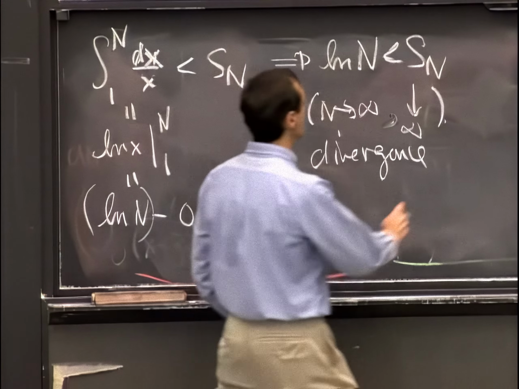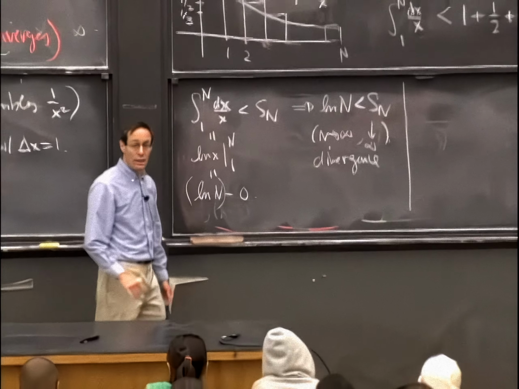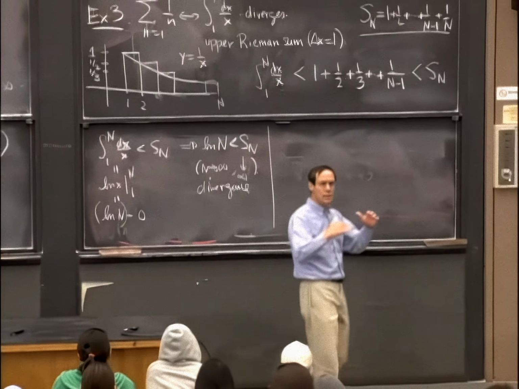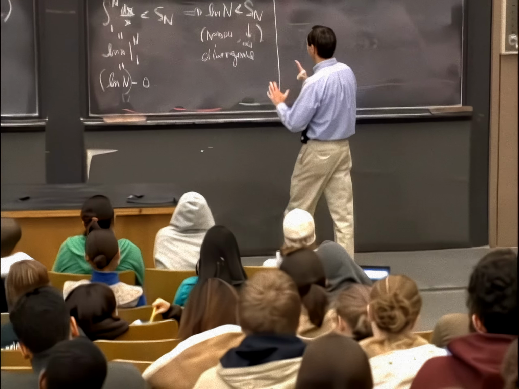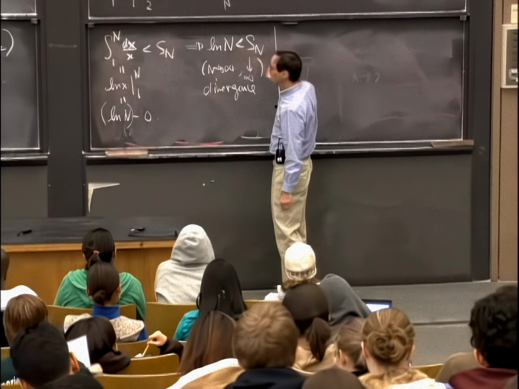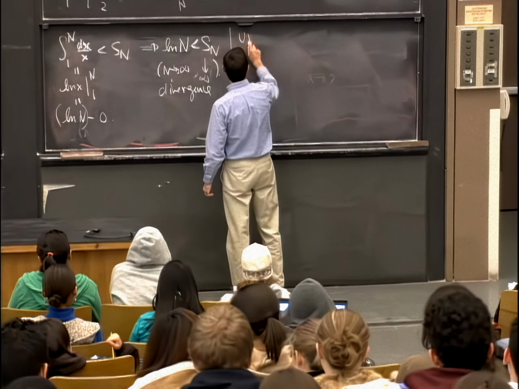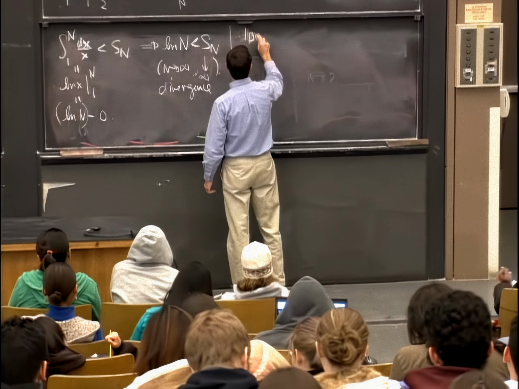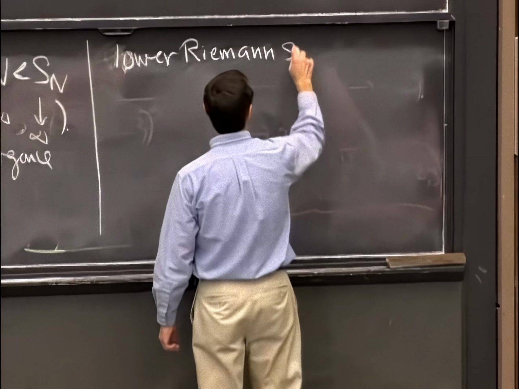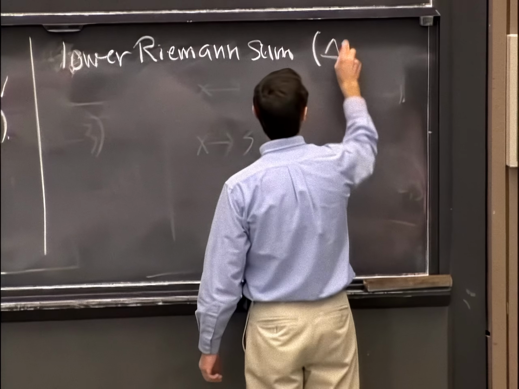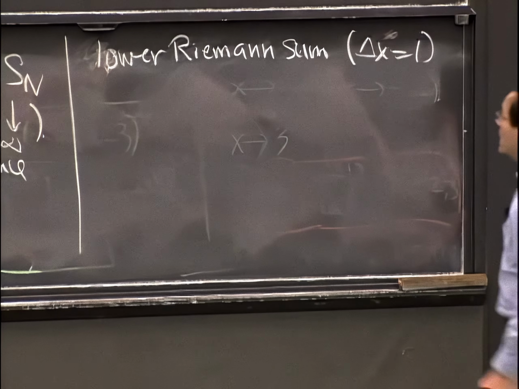Now, the way I'm going to use the lower Riemann sum is to recognize that we've captured the rate appropriately. That is, not only do I have a lower bound like this, but I have an upper bound which is very similar. So if I use the lower Riemann sum, again with delta x equals 1, then